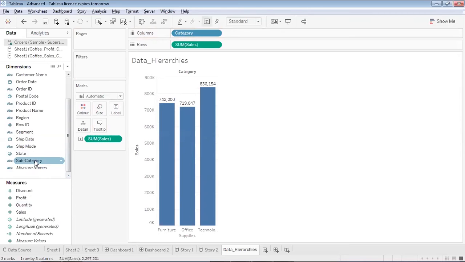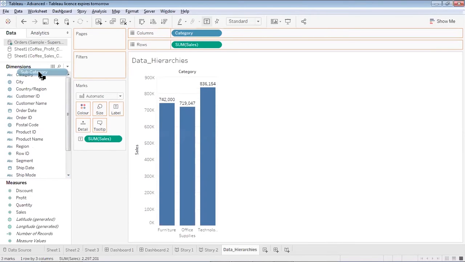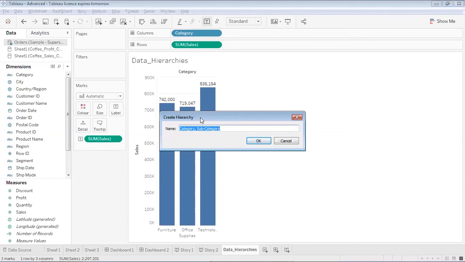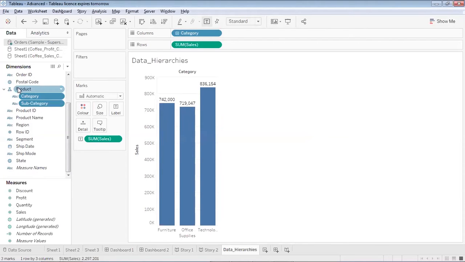So, if I would like to add subcategory and category in the form of a hierarchy, I can just select the subcategory field and drag it over and reach to the category, and I can place it over here. So when I do it, it is showing me that I am going to create a hierarchy using category and subcategory fields, and would I like to rename it? So I would like to rename it as product. So when I do so, I'll get a field over here named as product, which has got two sub fields, that is category and subcategory, and the hierarchy is first comes category, then subcategory.